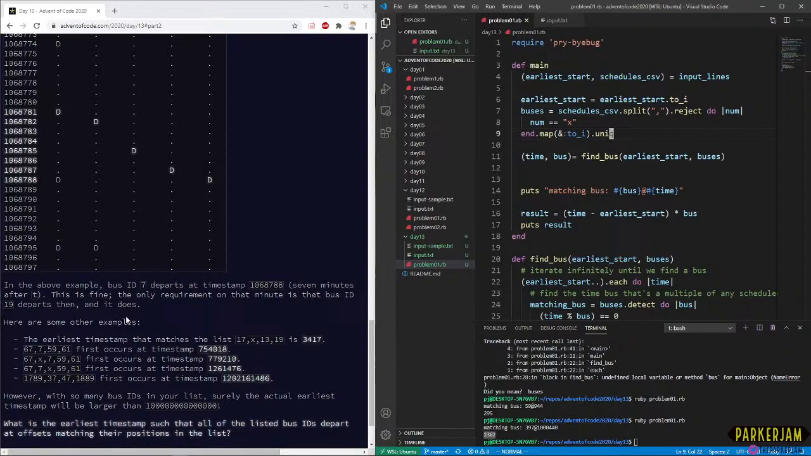7, x, 13, 19. 3417. So many bus IDs on your list. Surely the actual earliest timestamp will be larger than a very big number. Okay. What is the earliest timestamp such that all of the listed bus IDs depart at offsets matching their positions